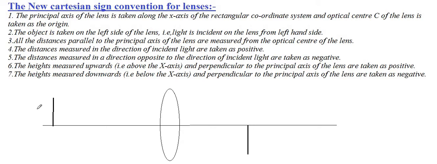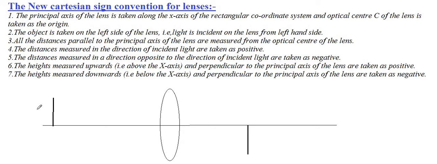In last class we have completed up to image formation by spherical lenses. Now today we start with the topic the New Cartesian Sign Convention for lenses. Now sign convention in lenses is similar to sign convention in mirror. Only there is one small difference